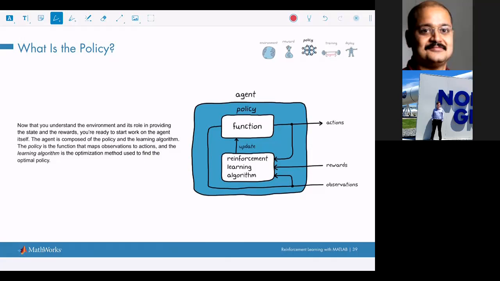And also at the same time, you are feeding the observations to the agent. This reinforcement learning algorithm takes the input based on the reward and observation. Please understand, the reinforcement learning algorithm does not perform any action. It only interacts with reward and observation and provides the feedback to the function. And once the function gets feedback, this agent, comprising the function and algorithm, performs some sort of action.